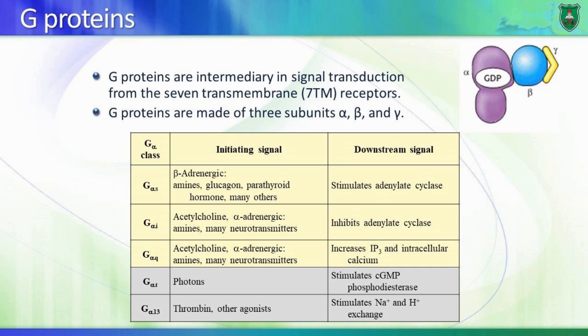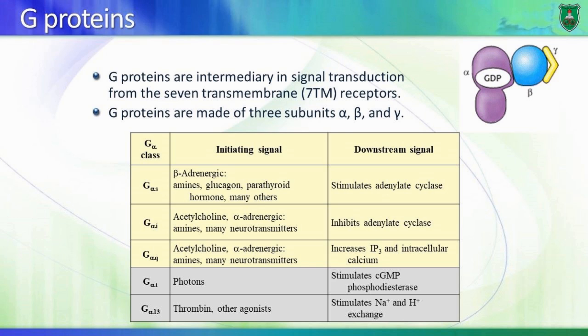Now, the G-alpha Q functions via secondary messengers, which are mainly lipids as well as calcium. Whereas here, they function via the adenylate cyclase. Okay, so these are the 3 subunits that we want to talk about, the alpha subunits, G-alpha S, G-alpha I,